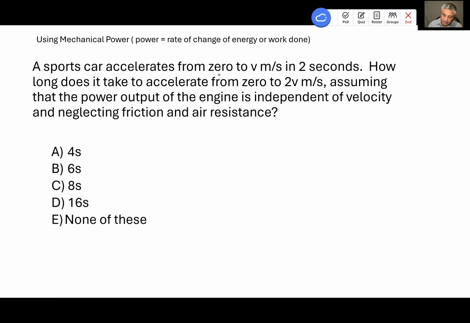So here the object goes from 0 velocity to v velocity. So change in velocity is just v. Over here it goes from 0 to 2 times v. So that means change in velocity is 2 times v as well. And we learned that power is change in kinetic energy plus change in potential energy over time interval, rate of transfer of energy. So in this case, this is 0 because